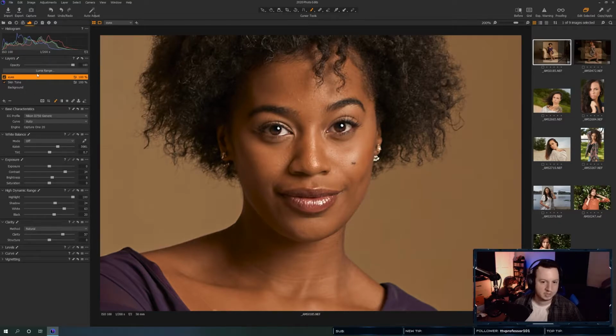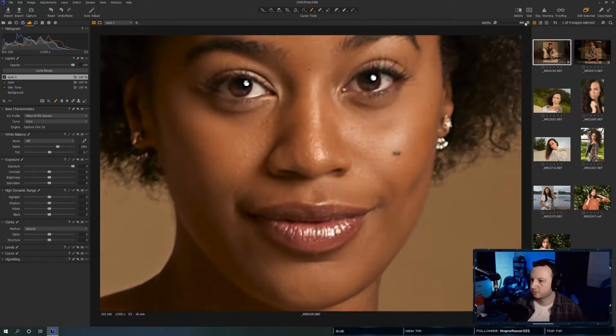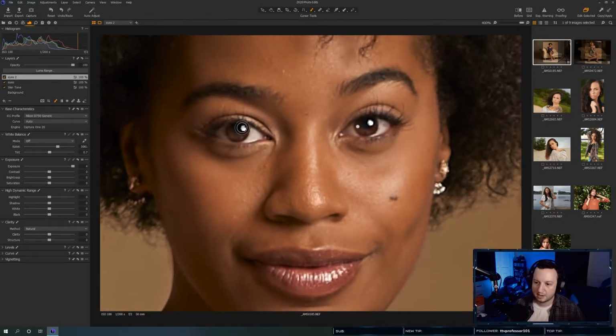All right, so then what we're going to do is we'll do another layer on top of that. We'll call this eyes 2. And we're just going to pop the exposure up on this one. And then I'm going to change my flow very low. And then we'll zoom in. And then wherever the catch lights are, I'm going to paint there. Oh, that is way too strong. Let's not do 4. Let's drop it down.